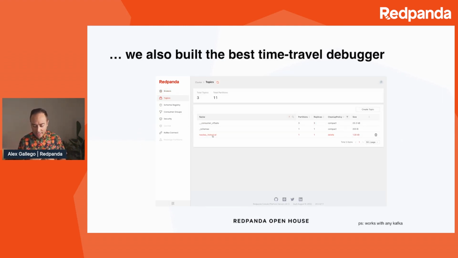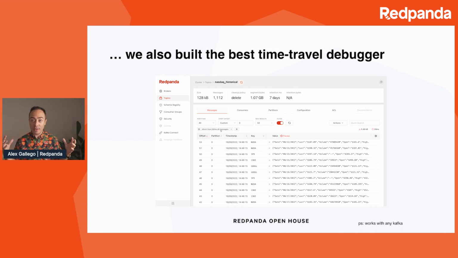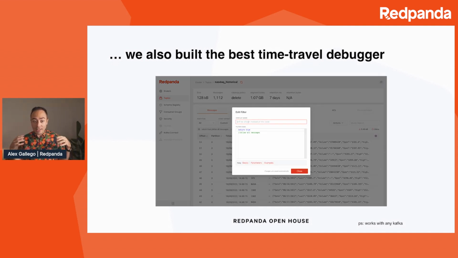With that, one of the challenges for all of us that have been working with streaming for a really long time is trying to understand what happens, trying to understand the historical artifact. And so for those of us that come from a SQL background or a database background, think of Redpanda like an insert-only table, an append-only table, where there is no mutability.